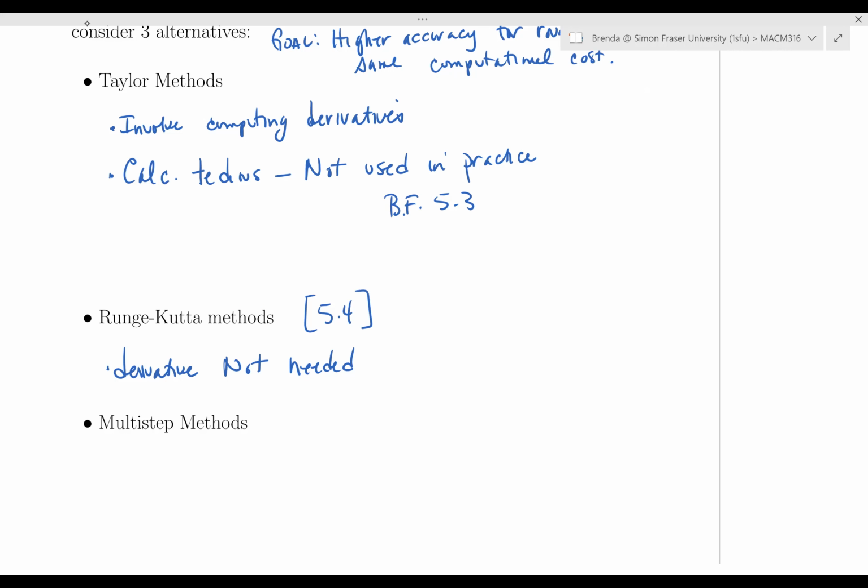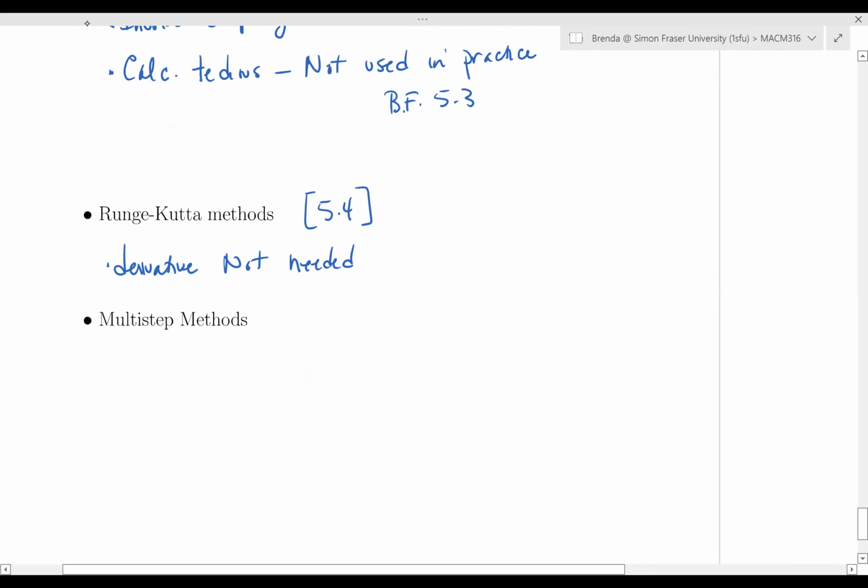It was really the Gaussian quadrature. That same idea that we had with the Gaussian quadrature, we're going to use for the Runge-Kutta method,